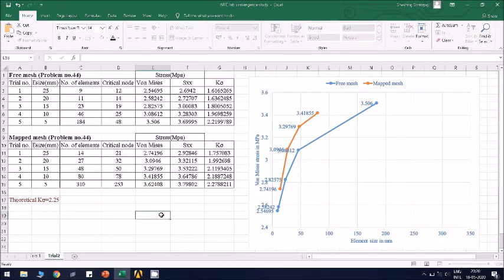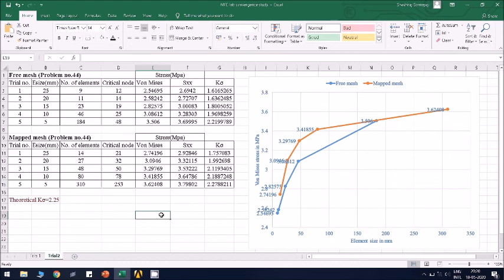See, we have completed a few iterations just to make an assessment on the convergence here. You observe, for mapped mesh, we got last result of 2.27, which is very close to 2.25. And in free mesh also, we got 2.21, which is very close to 2.25.